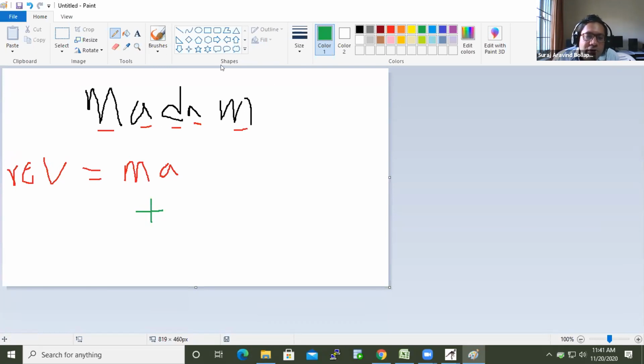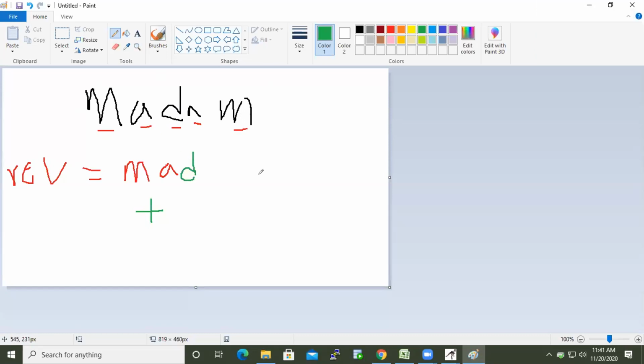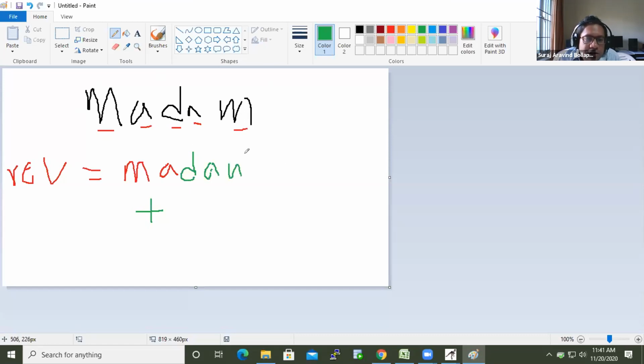Then you iterate the loop, pick another character, attach to the existing one, another character, attach it here, until the index goes to zero. Now this is my original string, this is my reverse word. If both are same, I display it as a palindrome. If they are not same, I display it as not palindrome.